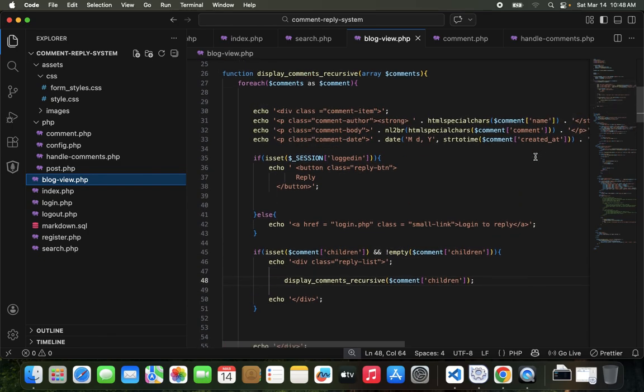Now, what we intend to do is when we click the reply button on a particular comment, the button should open up a reply form, and that reply form is going to be the form with which we will reply to the particular comment that we wish to reply to. So this button is going to carry some additional information, let's say the comment ID of the comment that we wish to reply to, so that when the form gets triggered to open,